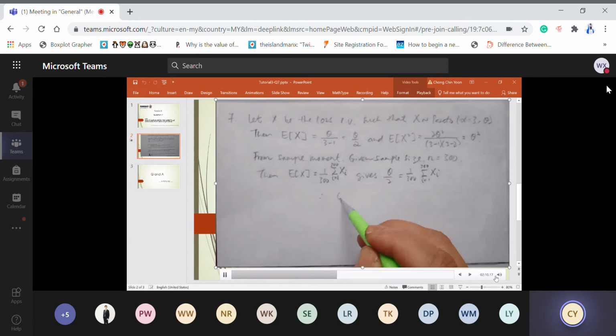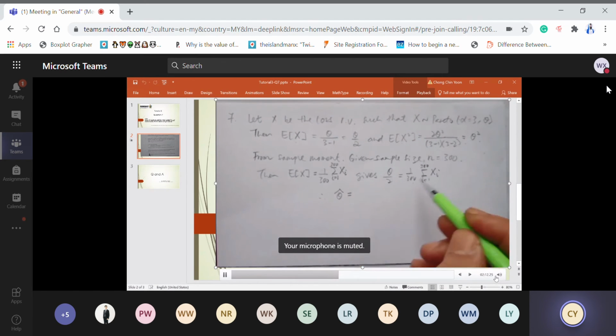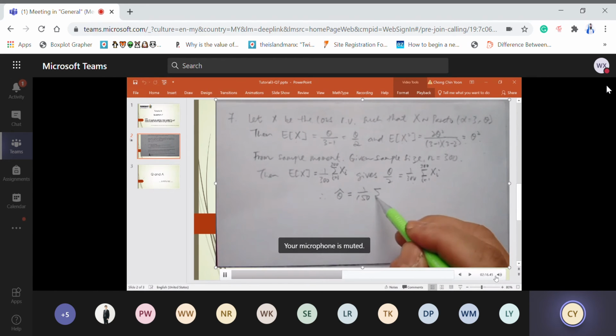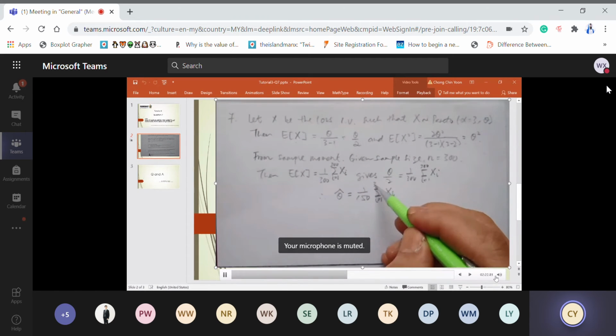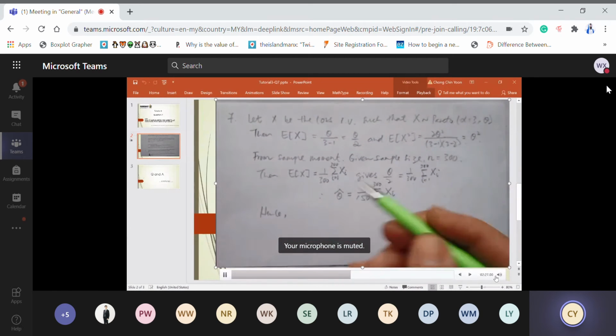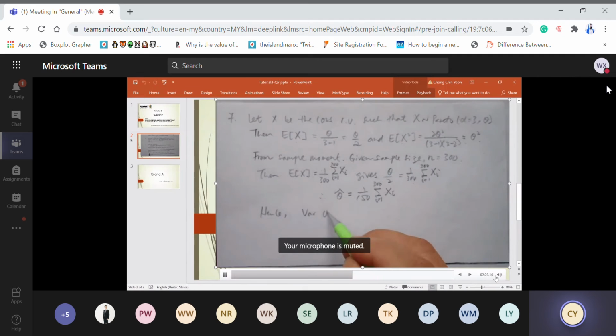So therefore, the estimate of theta is equal to 150 multiplied by the summation of this random variable xi from 1 to 300. Hence, the variance of this estimate of theta is equal to the variance of this result we have found,